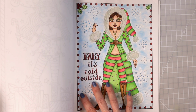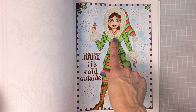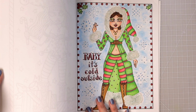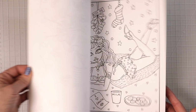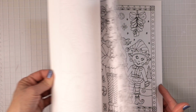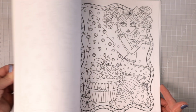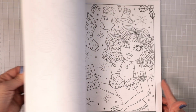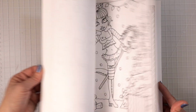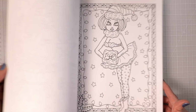And oh, it even has Stickles if you look here at her jewelry and her eyes. This was one of the quickest things I ever colored. And yeah, it takes a lot less time to color things when you start bringing in other mediums, if you're not just using colored pencils and focusing on blending, because you can come in with your alcohol markers and lay a complete base down and then come back and go over it,